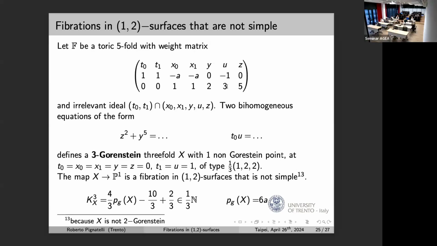So here you showed an example that the threefold has 3 Gorenstein singularities. So is it possible to construct a similar example with higher index, for example, like index 5 or index 7? That's again a good question. Yeah, the answer is yes. We did it. I don't remember now. The point is, it is sort of simple in the sense that